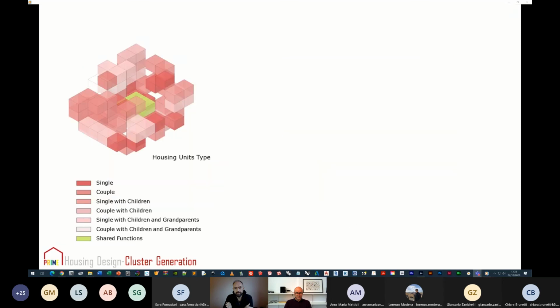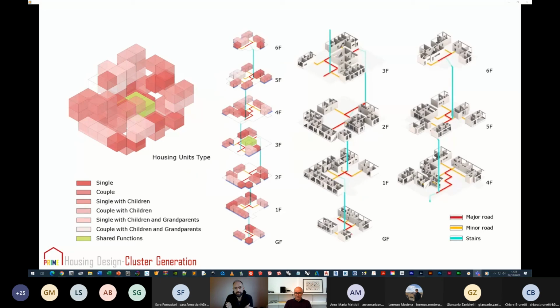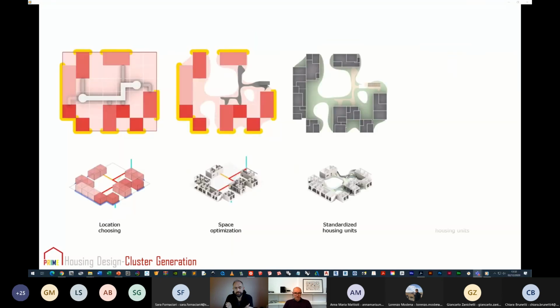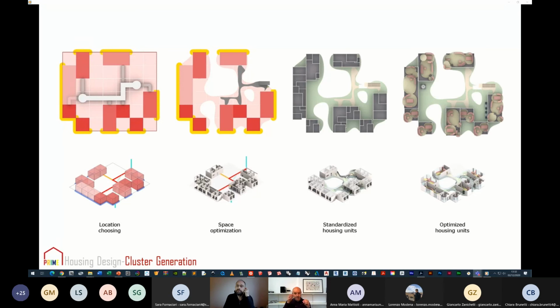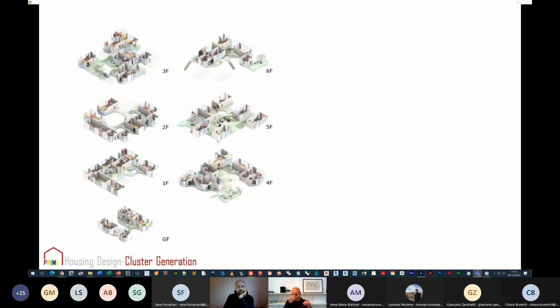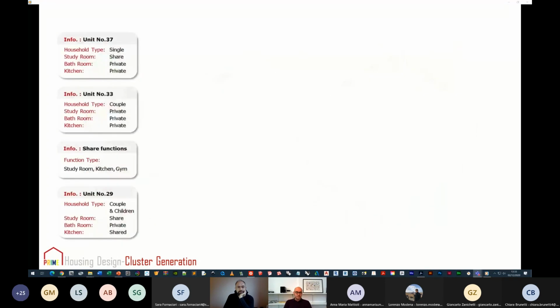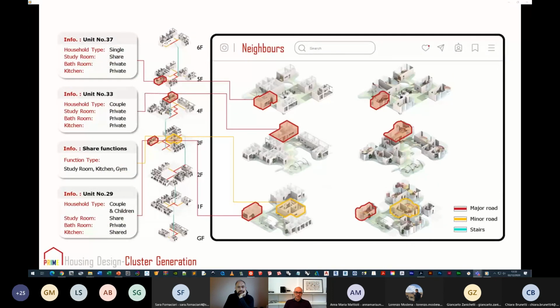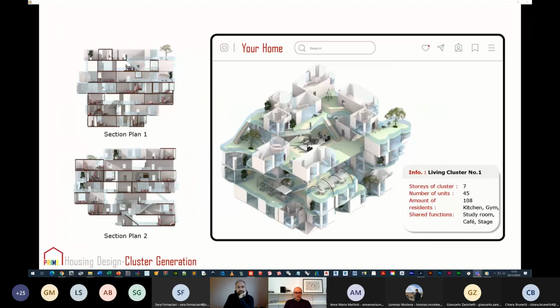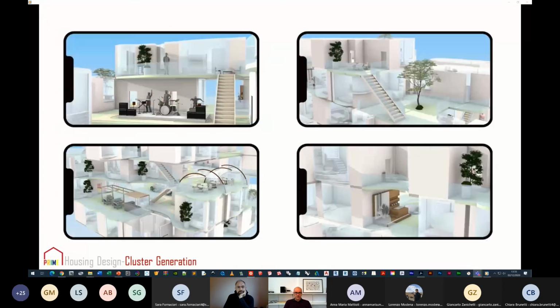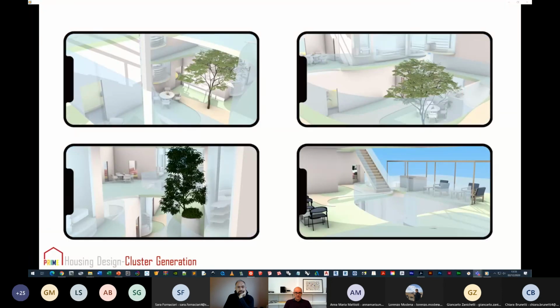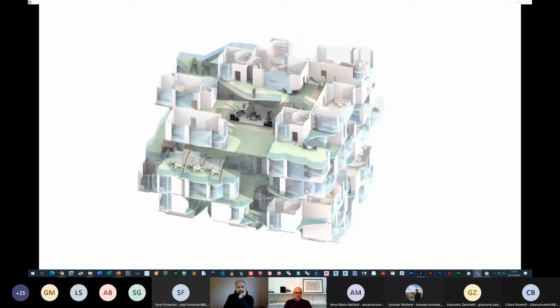After that, we got a global structure of living cluster, and here are the circulation routes inside the cluster. Then we optimize the public space and housing units based on the circulation routes. Customers are able to discover lots of interesting activities in the cluster. It's just like a small ecosystem in the community. Through the app, customers are able to see their relationship with neighbors and public spaces. Here is the overall effect of living cluster. And here are some details.